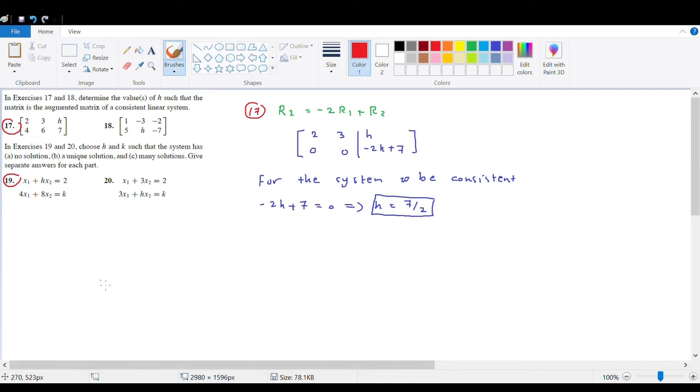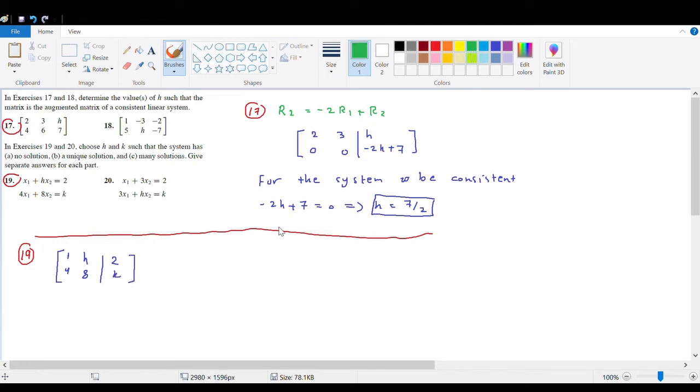there is no solution, B, unique solution, and C, infinitely many solutions. So let us write here 19. So if we rewrite this one as a matrix, we have 1, then 4, h, 8, and here we have 2, k. Let us reduce this matrix. So row 2, we can write row 2 is equal to minus 4 row 1 plus row 2, and we get